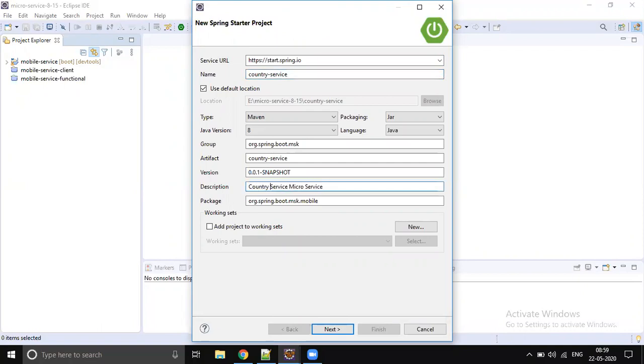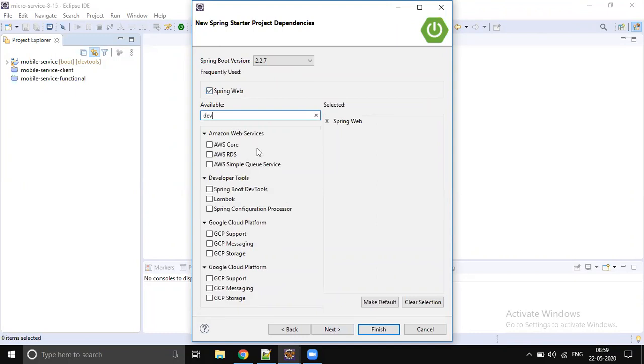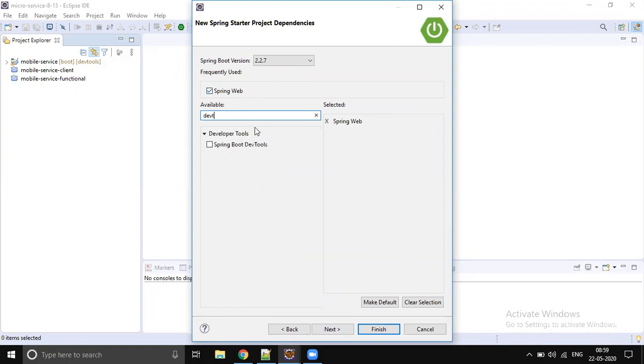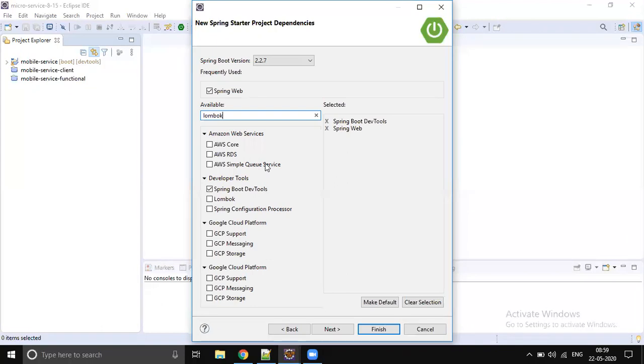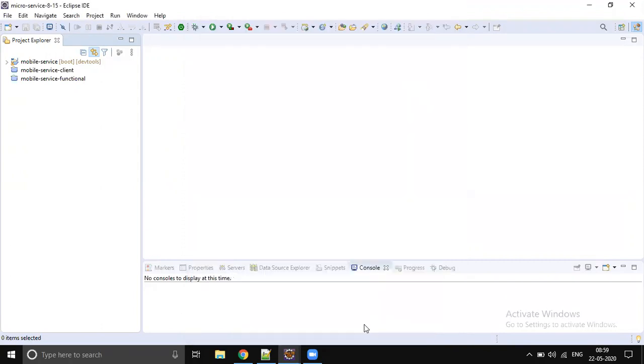Give some description: Country service, microservice. Click next. Let's add Web. Let's add DevTools. Yes, let's add Lombok. I will tell you what Lombok is. Next. Finish.